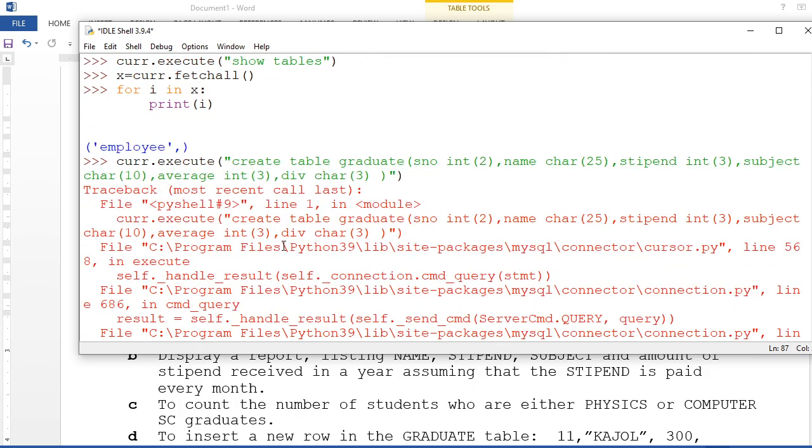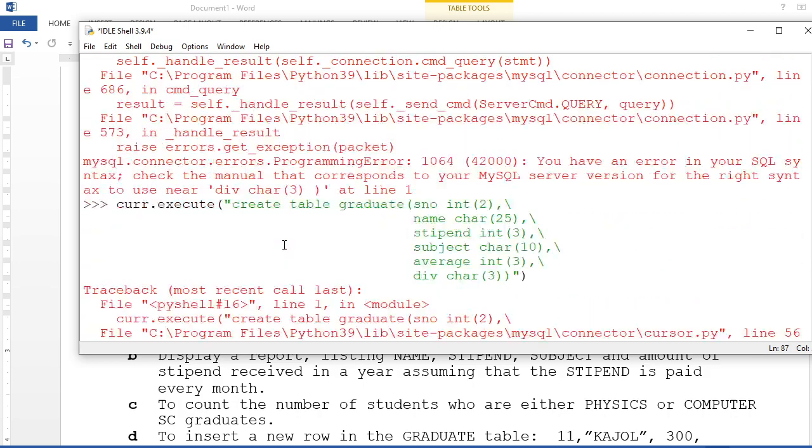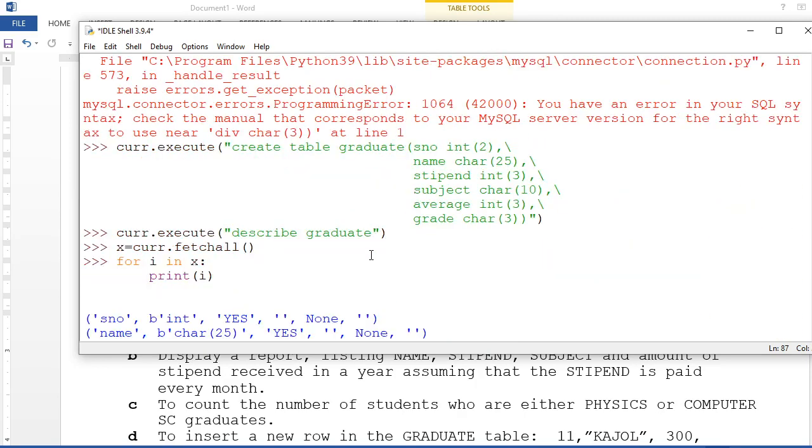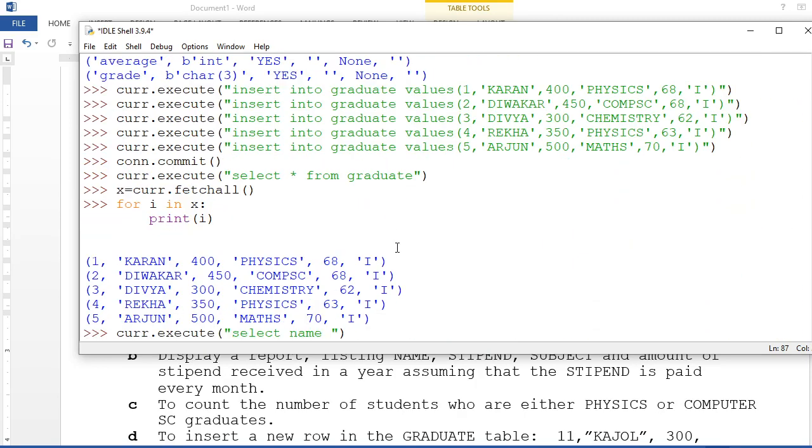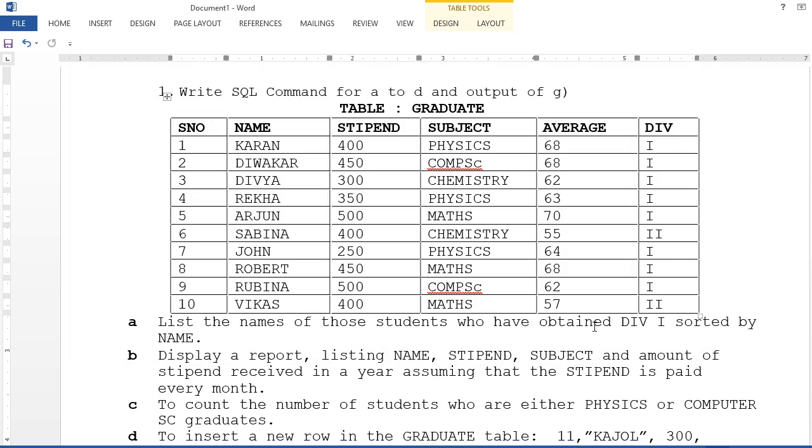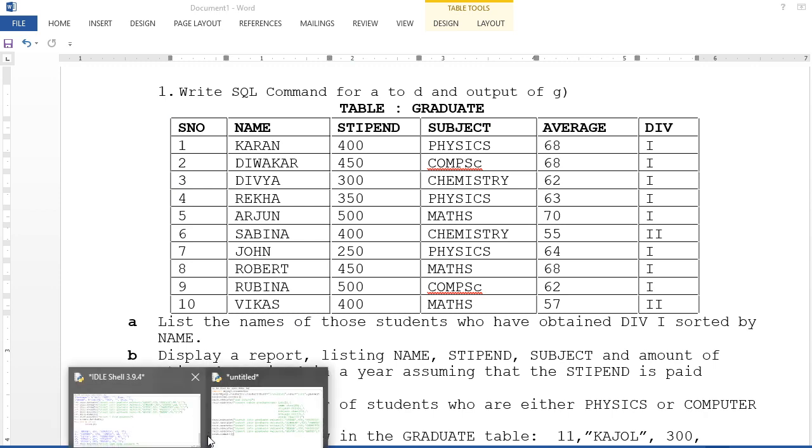Just one query you see, then I'm going to leave you. Name is in small case. So select name from graduate where grade is equal to, here you see who has obtained first division. First division means what?